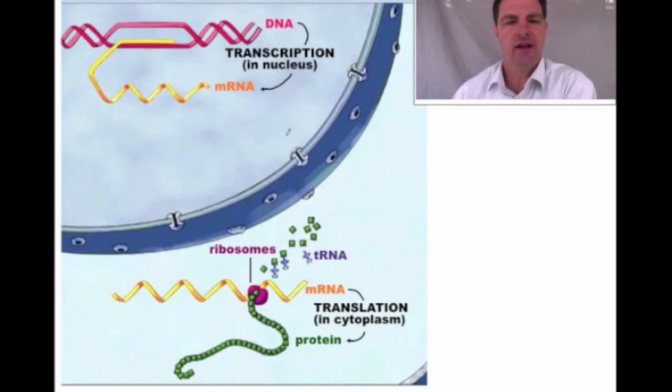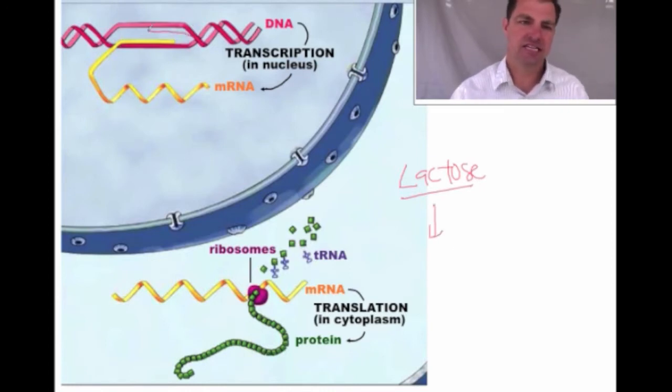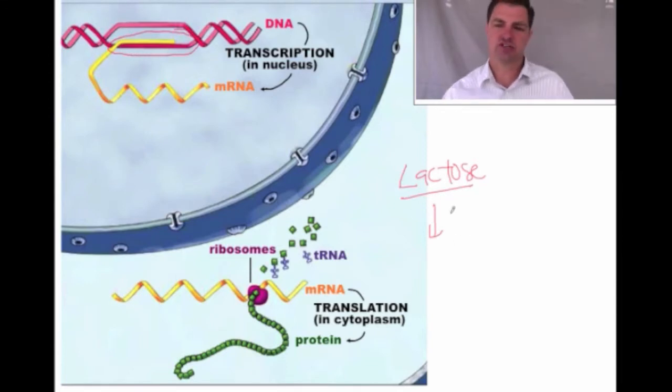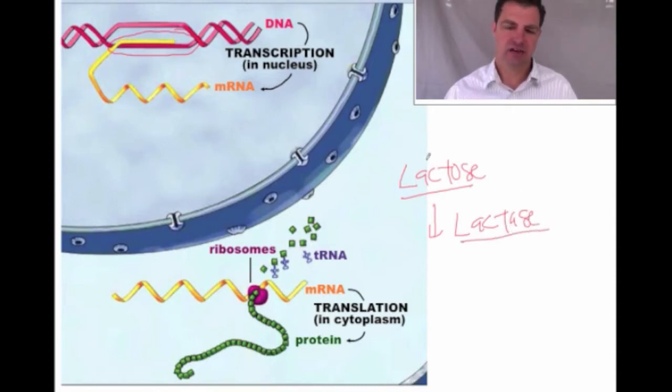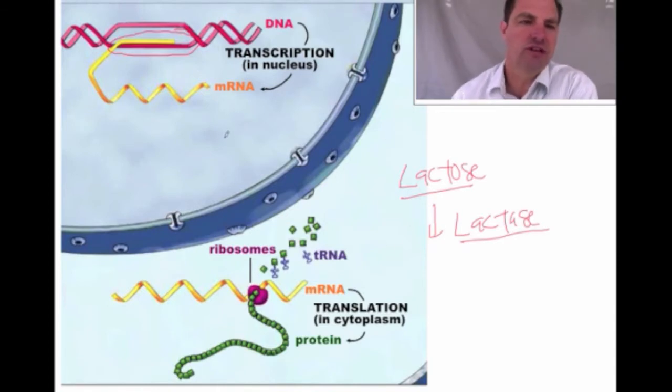What we're going to do today is talk about what if you have a cell and that cell is trying to make certain enzymes. Let's say you drank some milk, and milk has a sugar called lactose in it. Let's say you wanted to break that lactose down. Your body has DNA that has the instructions on how to build an enzyme called lactase. For example, your body can make that lactase and it could break that sugar down and digest it. And that's true of all sorts of things that go on in your body.